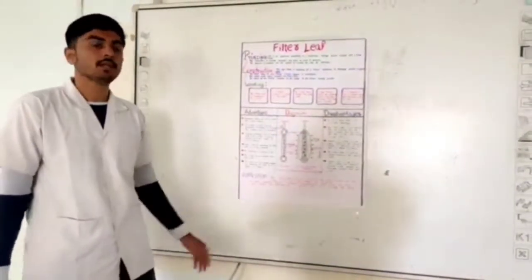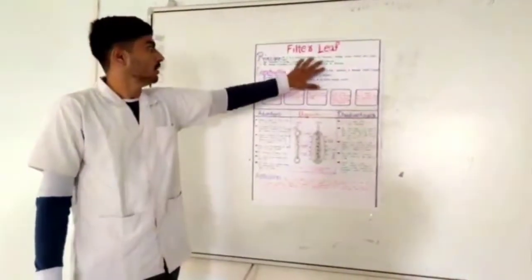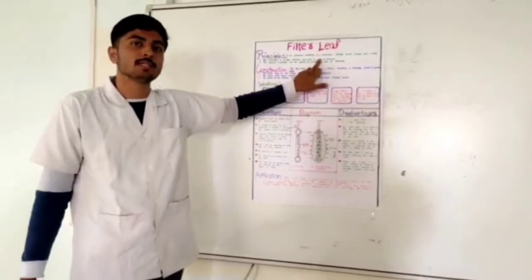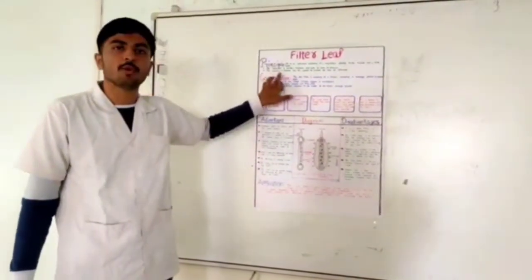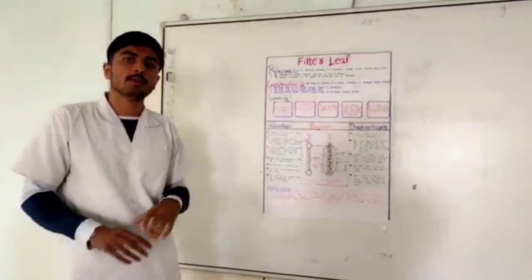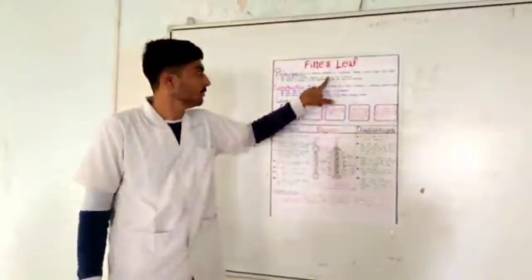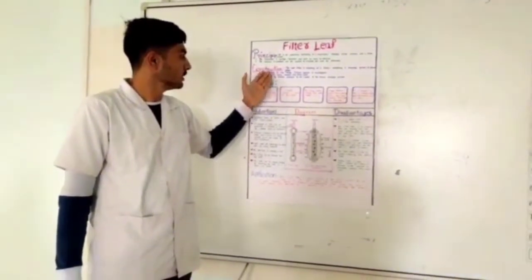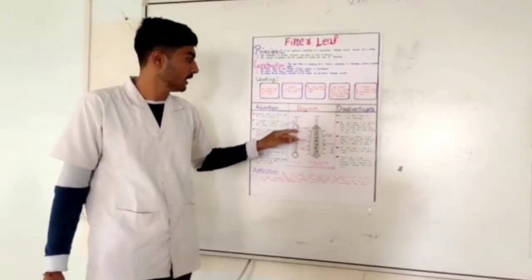So basically the filter leaf works on the principle of the longitudinal reading, where we apply a strainer or sieve on it, where the vacuum operation is applied, and the liquid is sucked out from the drainage pipe with the help of the filter. Now let's move toward the construction. Before that, we will be discussing the diagram.